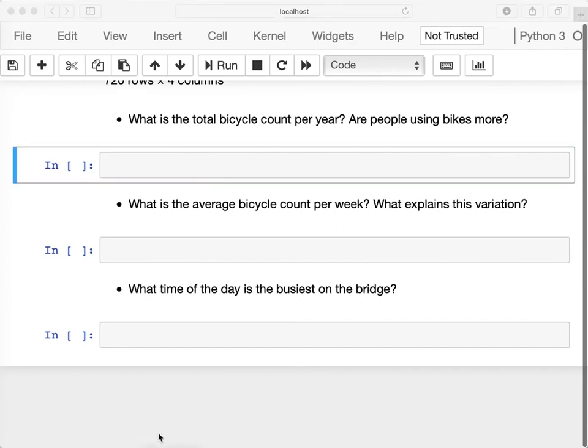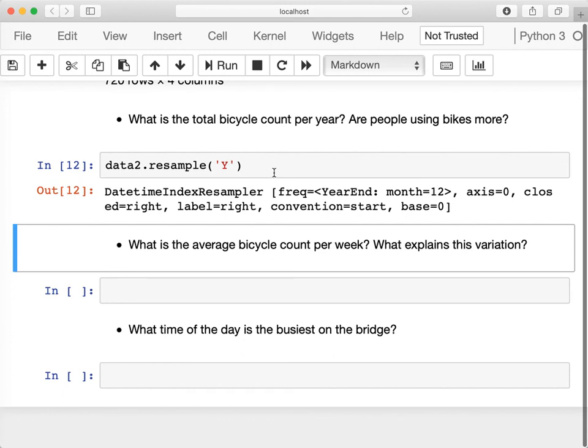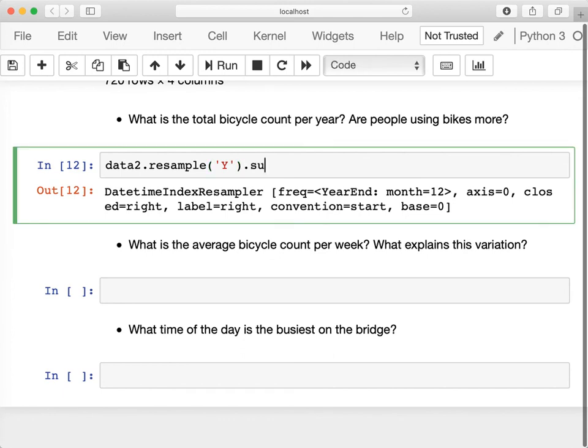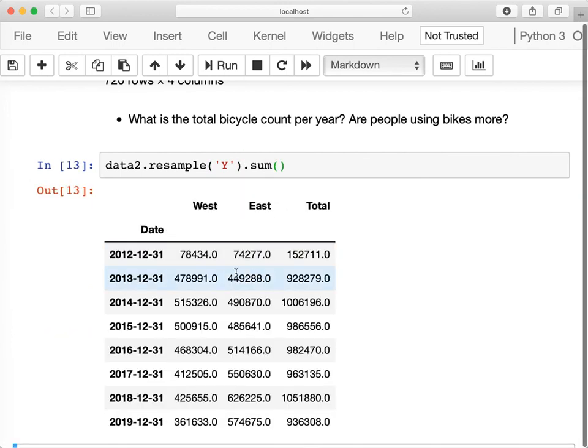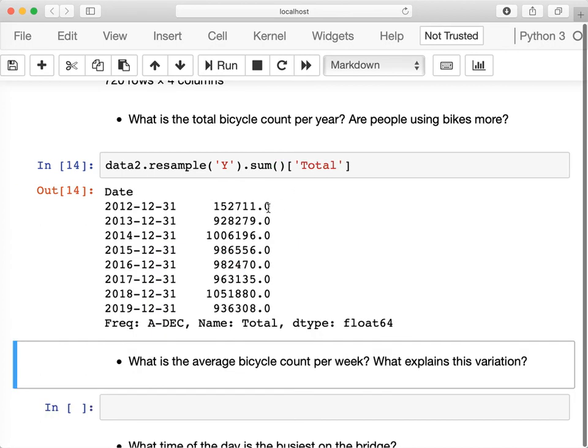Now there are different ways to get to this answer. Let's take a look at some of these ways. First, let's take a look at data 2. In data 2, I'm going to resample on a yearly basis, and then I'm going to do the sum when I resample. So I'm going to get the sum for each one of these here, and again I can take a look